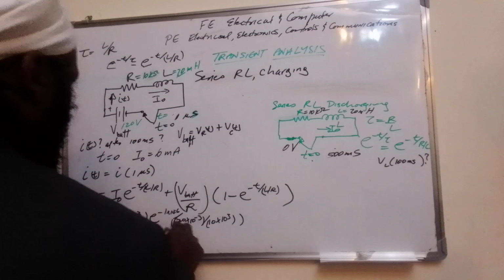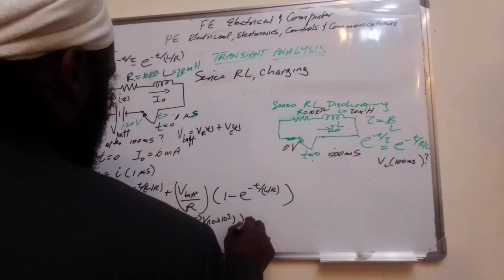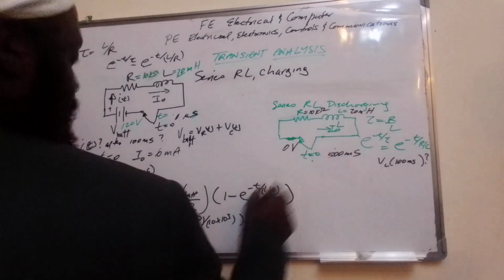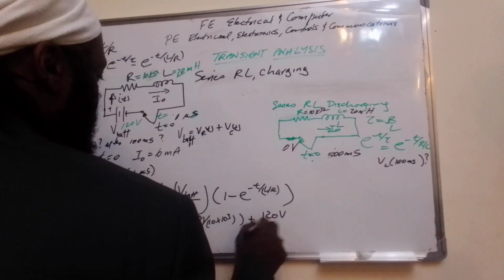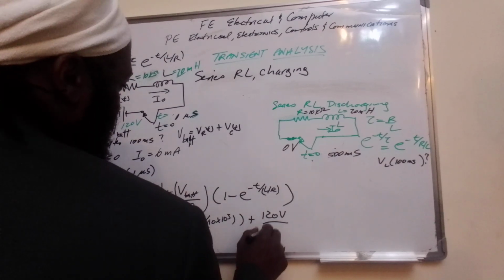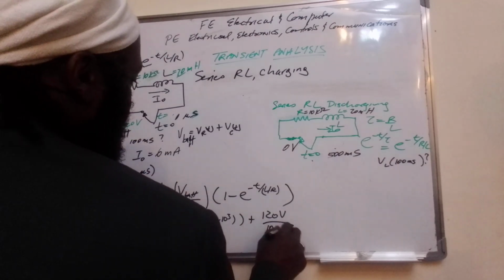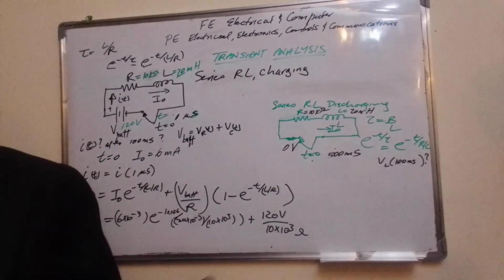Let's work this piece out first. Plus V battery, which is 120 volts, divided by R, which is 10 times 10 to the third ohms, times